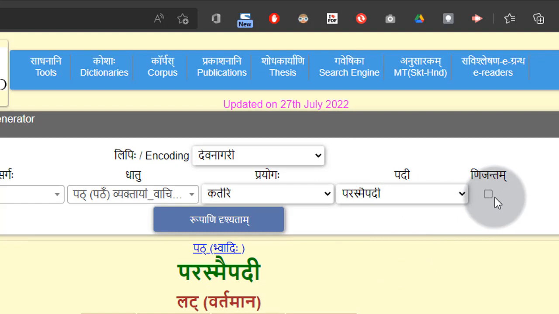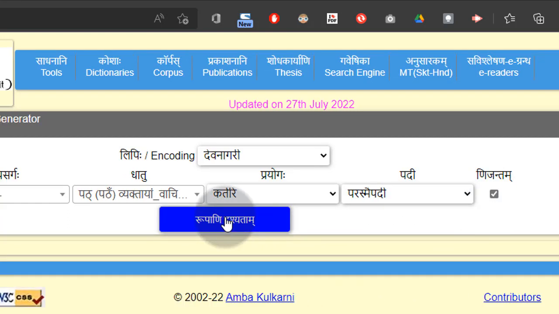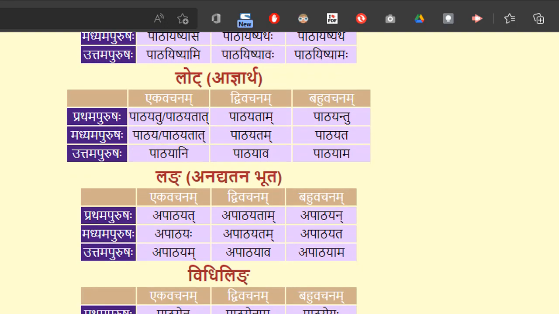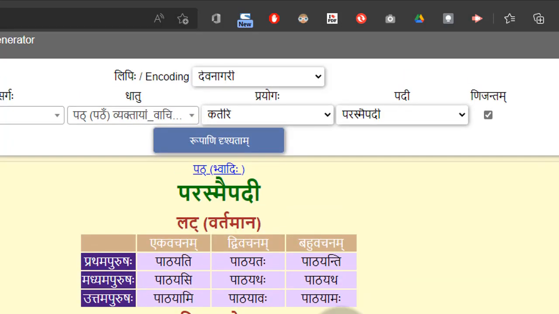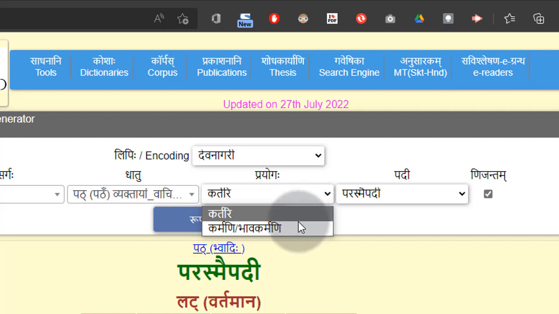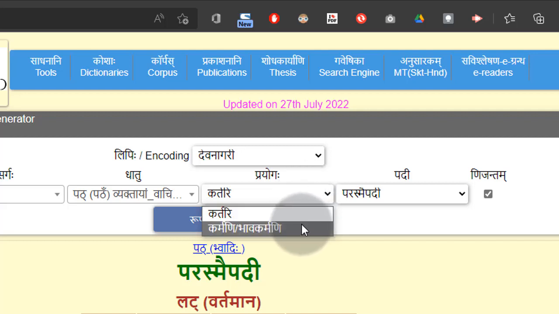Suppose you want a Nijanta form, you can click Nijanta and click on that Rupani. Patayati, Patayataha, Patayanti. Like that in all the 10 lakara, you can see the Nijanta form. And Karmani Bhave, if you want to see, I remove Nijanta, I select Karmani Bhave.